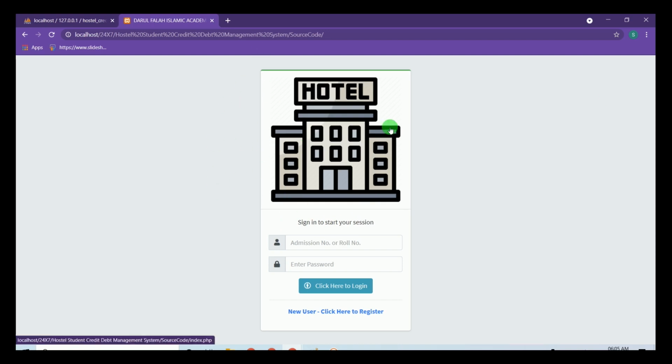The system which is developed will keep track of all the credit and debit amounts of the students. For example, if a student gives 1,000 rupees to the hostel management, that will be recorded in the system, and in case on a particular date the student takes back 50 rupees, then that amount is deducted and the balance amount 950 will be recorded in the system. So this is how the system works.